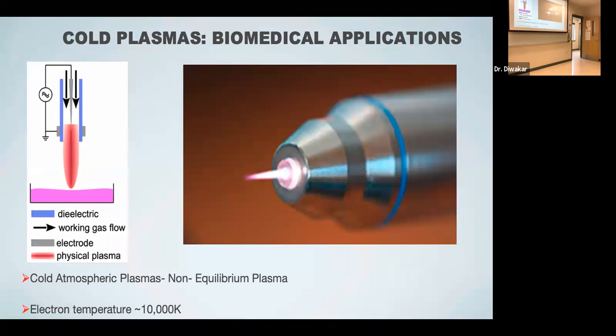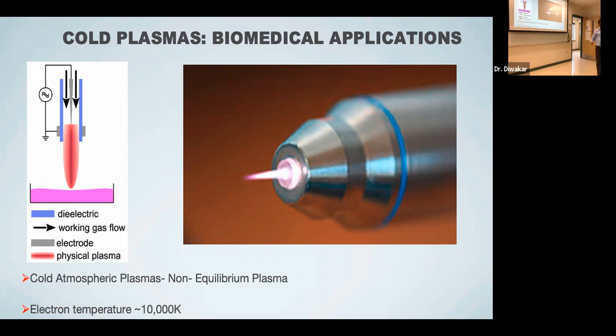So now moving on to cold plasma. We have been talking about all these plasmas. To me, they are hot plasma because we are using 40,000 Kelvin to start with, or 30,000 Kelvin. This plasma, which you see here in the picture, which many of your colleagues and many of your students are working on right now,